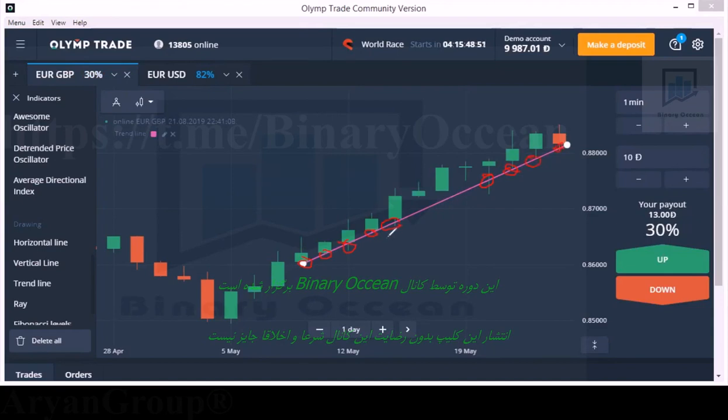We can enter with buyers only. You can't go with seller. You can't enter with sellers because the trend is uptrend. We are seeing bullish momentum. So we can go with buyers only here. We can't go with sellers. So in this trend, if you draw a trend line like this, then you can enter with buyers. Buyers entry, buyers entry. You can enter with buyers here. Here also you can enter with buyers. Because the trend is uptrend, very strong bullish momentum.